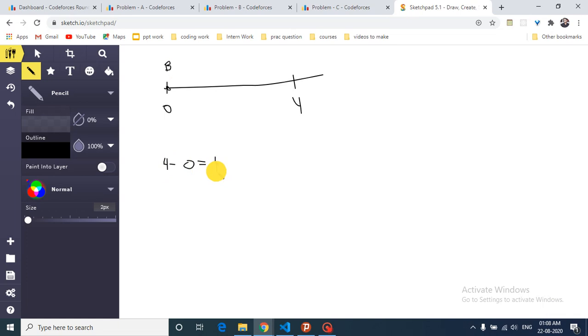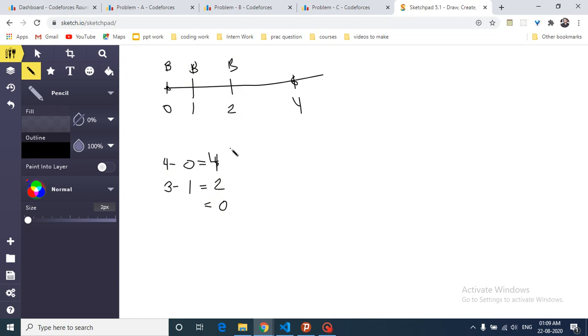So if you take B at this extreme, it is equal to 4, and if you take B at this other extreme, it is also equal to 4. I hope you're understanding. I have to find the distance between O and B and between A and B. Now if you take B at 1, the distance is 1 and the other distance is 3, so the difference is 2. If you take B at the middle, the distances are 2 and 2, so it is 0. As you can see, these are all even numbers: 0, 2, 4.